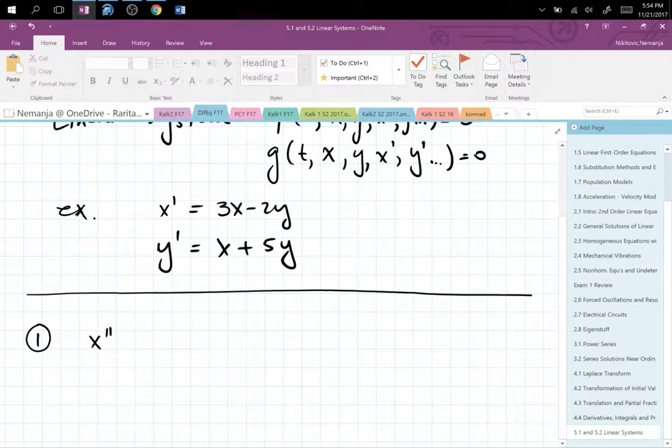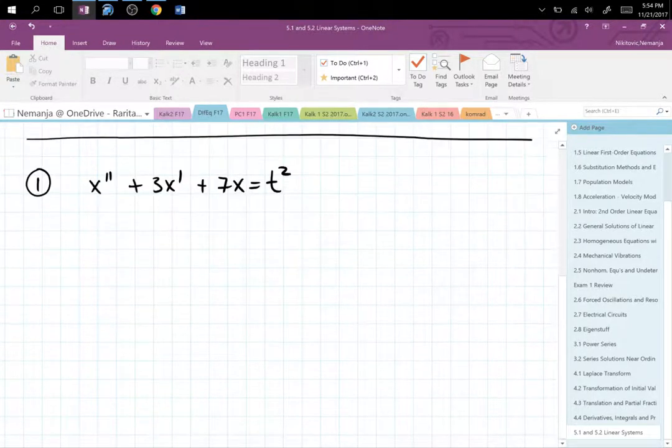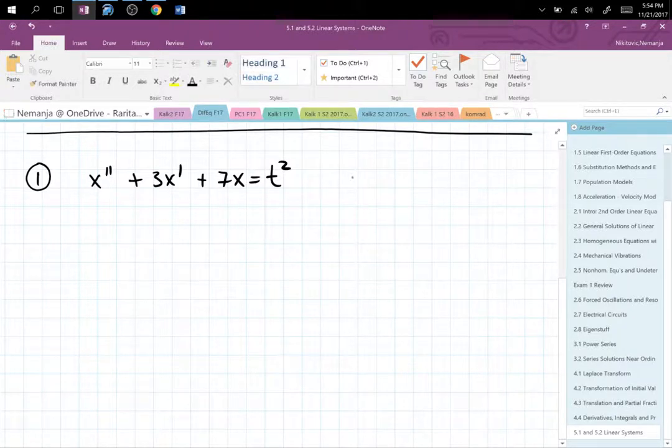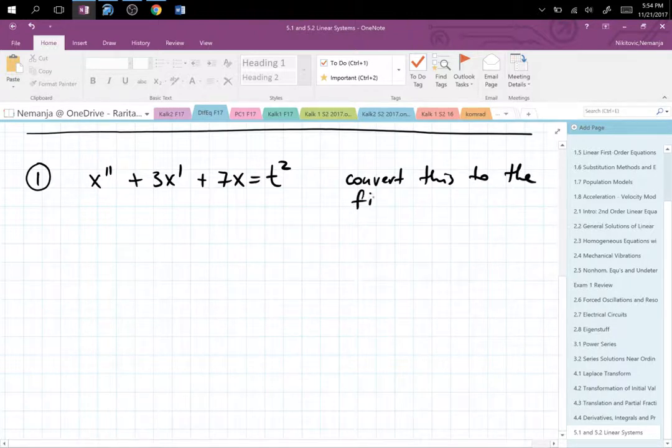So x double prime plus 3x prime plus 7x is t squared. And we want to convert this to a first order system. All right. So to convert this to the first order system,